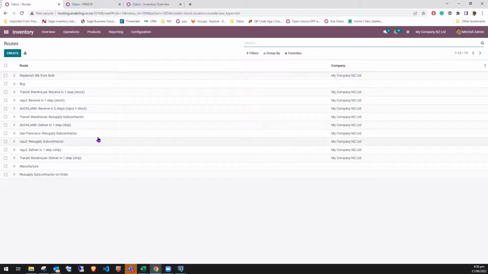So what we want to do is the user is going to be creating a document called internal transfer. And what they are going to be doing is taking the stock from Auckland and putting it into the Auckland to Wellington transit location. And this is also a good time to cover some bit of the operation types, because when you go to